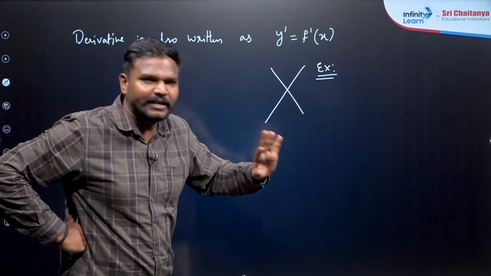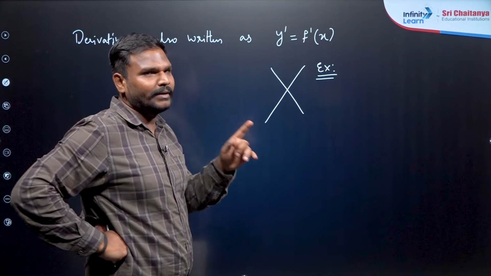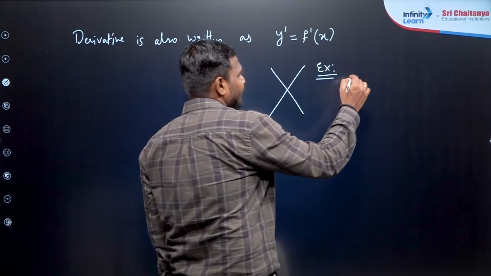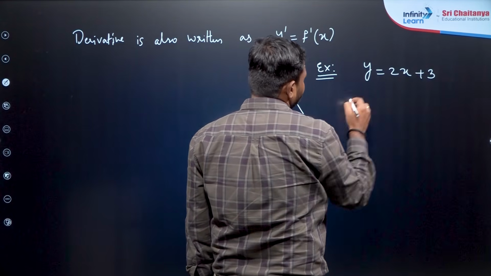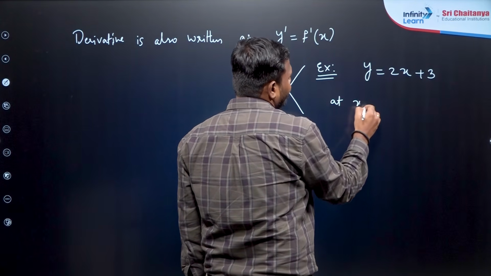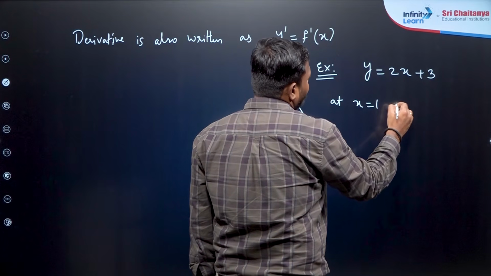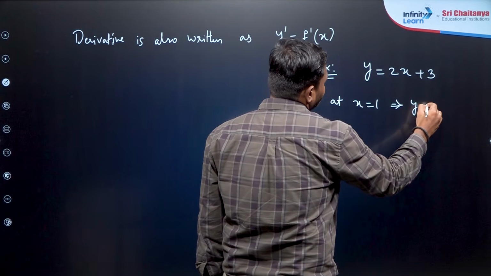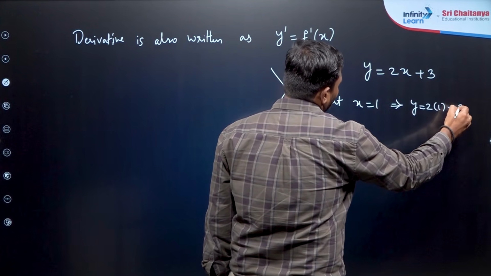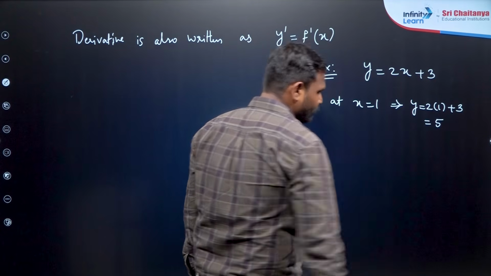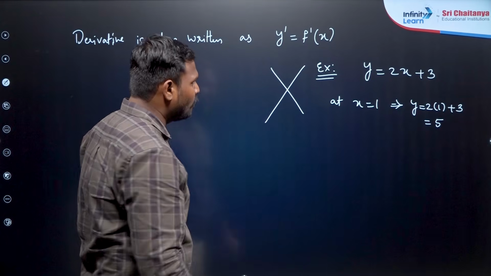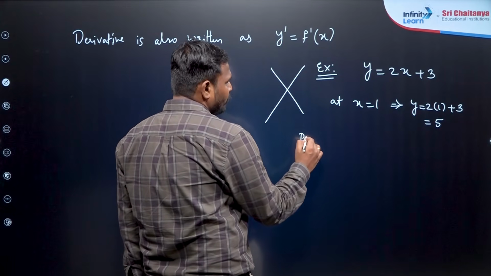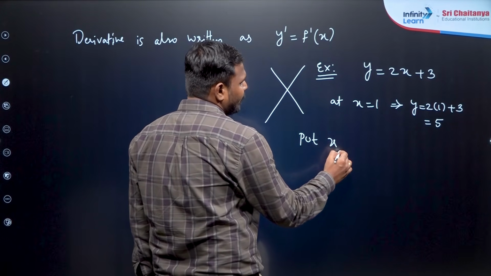In this method we will never solve any question. Disclaimer I am giving you in the beginning only. Let us say y is equal to 2x plus 3, and at x is equal to 1, how much is y? 5. If you take x value as 1, y value is 5. Now what I am going to do is put x value